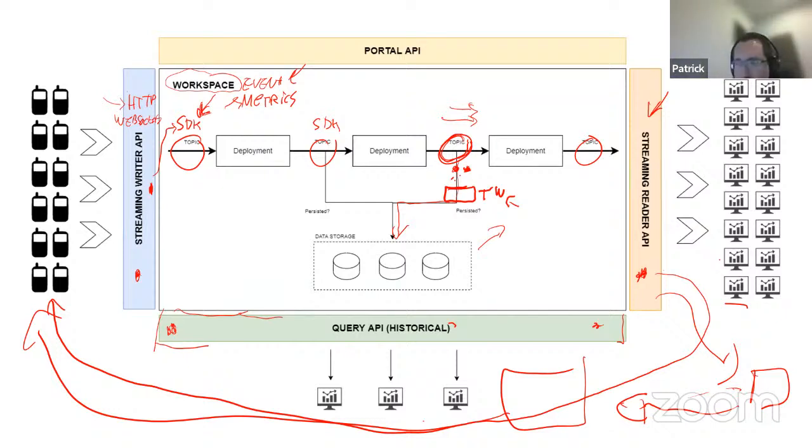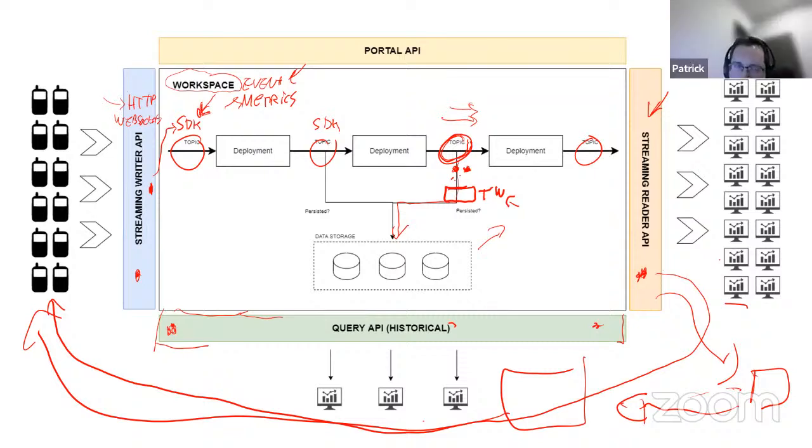But the Telemetry Writer is a discussion for another whole Patrick and Mike show because there's magic in the Telemetry Writer. So you can write data into the storage and then query that later, and obviously that gives you the ability to close the gap between streaming and batch processing, correct?